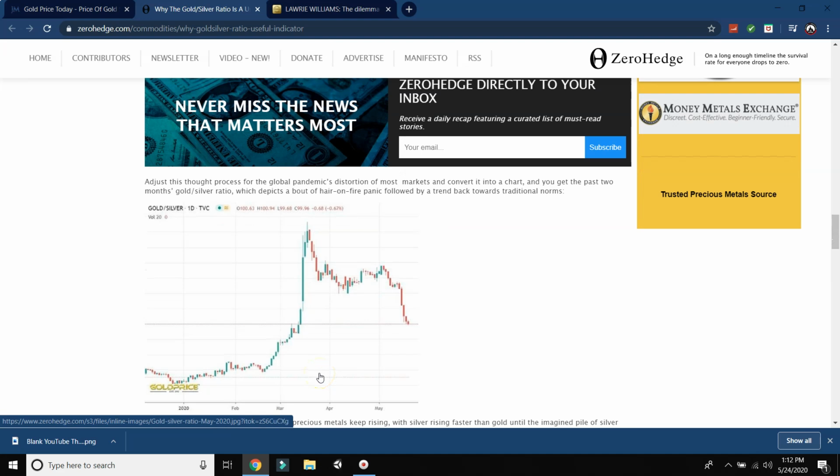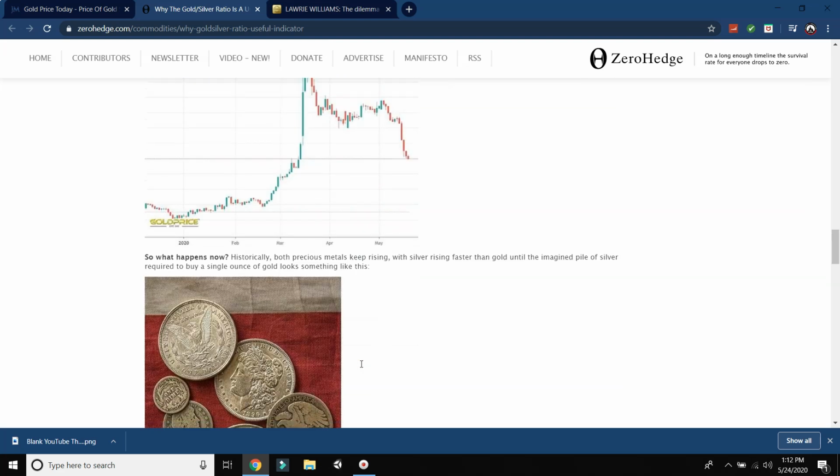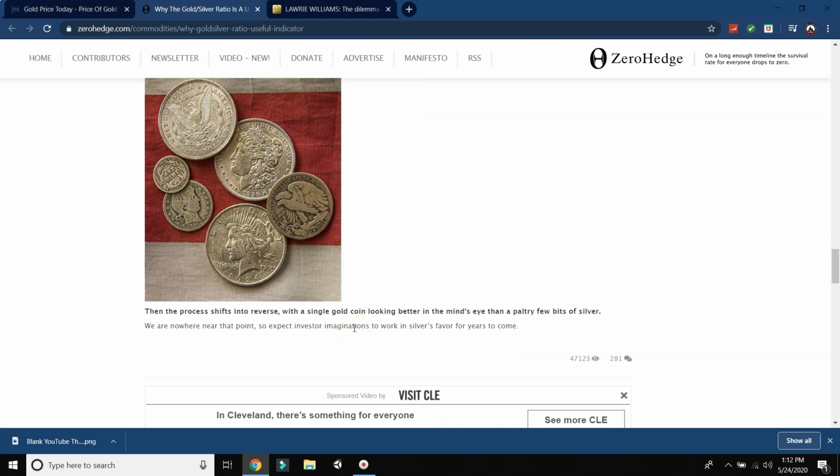Adjust this thought process for the global pandemic's distortion of most markets and convert it into this chart, you get the past 2 months gold to silver ratio, which depicts about a hair on fire panic followed by a trend back towards traditional norms. So what happens now? Historically, both precious metals keep rising, with silver rising faster than gold until the imagined pile of silver required to buy a single ounce of gold looks something like this. Then the process shifts into reverse, with a single gold coin looking better in the mind's eye of the paltry few bits of silver. We are nowhere near this point, so we expect investor imaginations to work in silver's favor